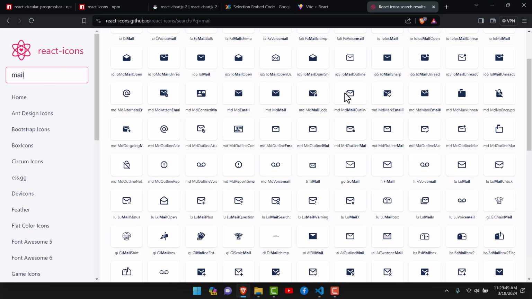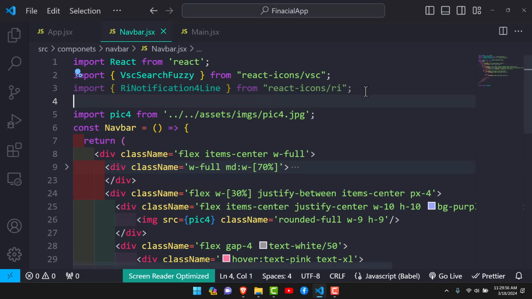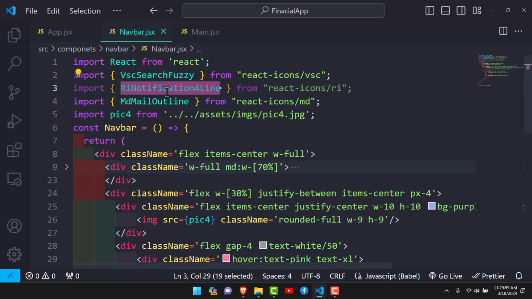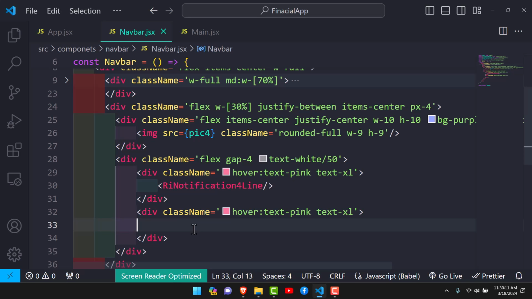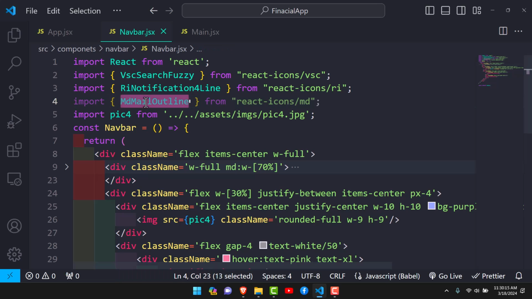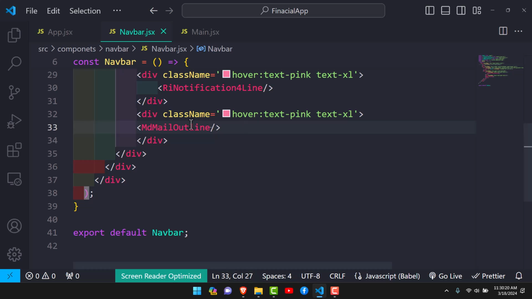So for the mail, let me just pick this one. Have it imported here, and I can now come and have it down here. So something like that. Let me grab this and paste it down here, with the aim of changing to mail outline. So something like that. So we push it,